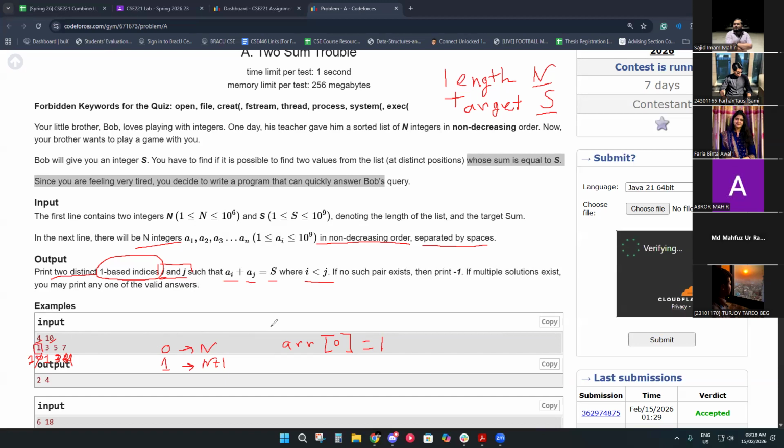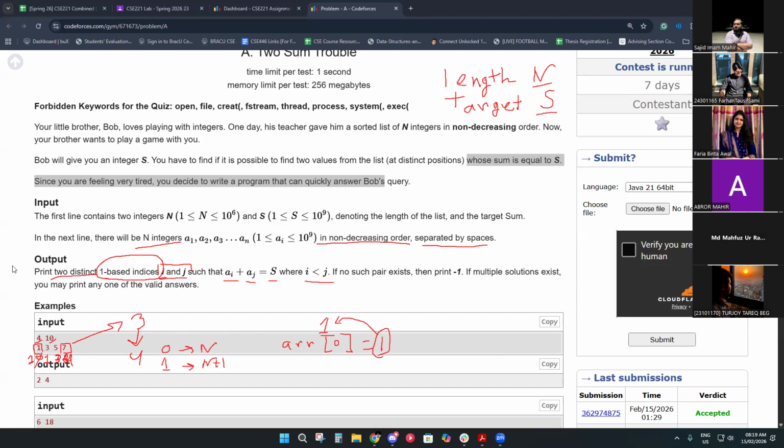But while outputting, if I need to show the index number of 1, যদি আমি এই 1 এলিমেন্টের ইন্ডেক্স বলতে চাই, আমি তখন বলবো যে ইন্ডেক্স আসলে 1 নট 0, ঠিক আছে? খালি এক বাড়াইয়া দিবেন ইন্ডেক্সের কাউন্ট, নাথিং এলস। জি স্যার, থ্যাংক ইউ. Similar to that, if I want to print 7, this is in the index number 3, okay? This is index number 3, but while outputting, I will just say 4 or the fourth term, okay? You can say it in a way that first term, second term, third term, like that. Okay. ওকে স্যার।